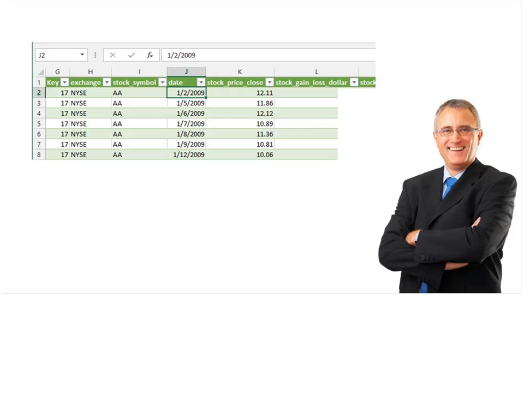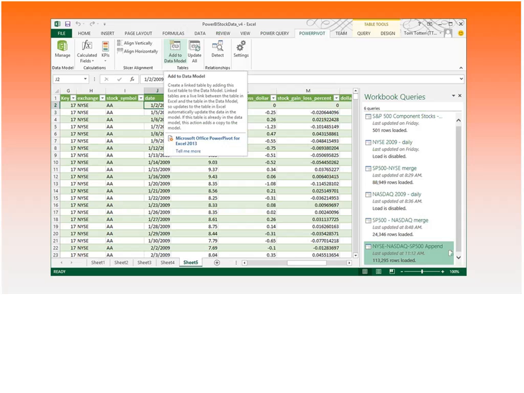She clicks Apply and Close on the Query Editor ribbon, and the data is brought into Excel. With the data brought into Excel, she checks to make sure that the data types of each column are correct. For example, Anna sets the Date column to Date data type. She renames a few columns too, removing the new column dot prefix from each of the columns so they're easier to read. When she's done, she selects the Power Pivot tab on the ribbon and selects Tables, Add to Data